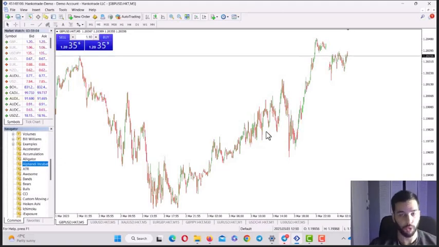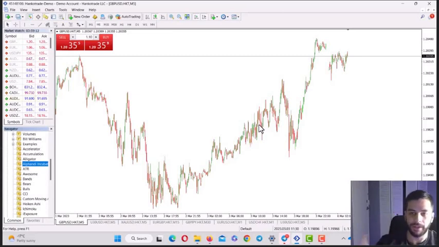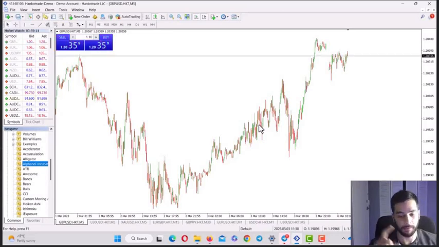They still work with no problem, and you can still go for two negatively correlated pairs if you want to on 1 minute time frame. But we've also realized that it doesn't necessarily have to be on 1 minute time frame. It can be on 5 minute time frame, it can be on 15 minute time frame, but nothing higher than that. So between 1 minute time frame and 15 minute time frame is something that we've tested, and it was